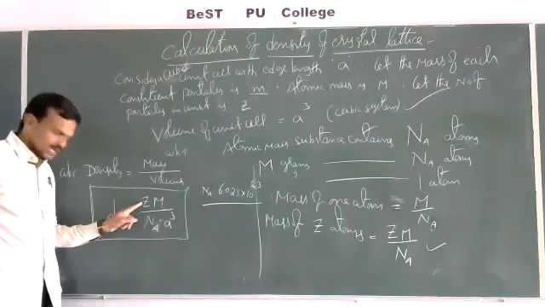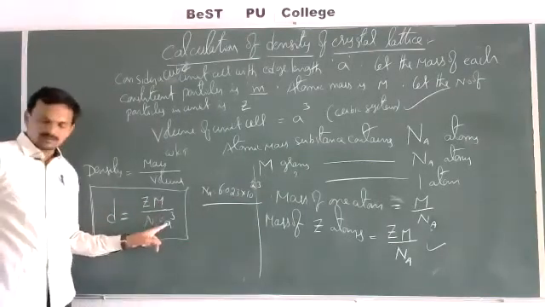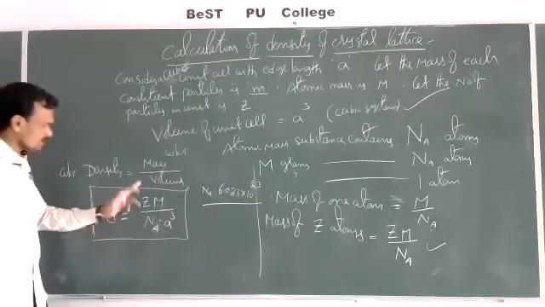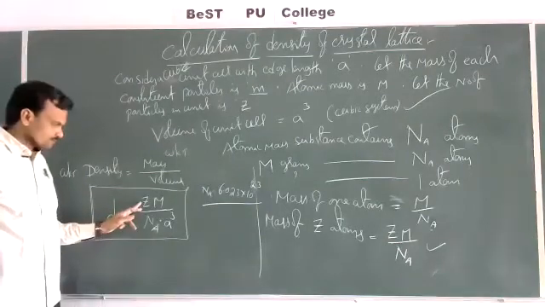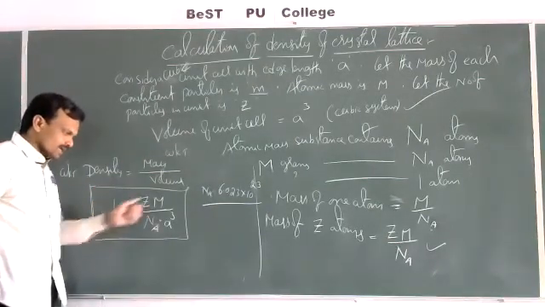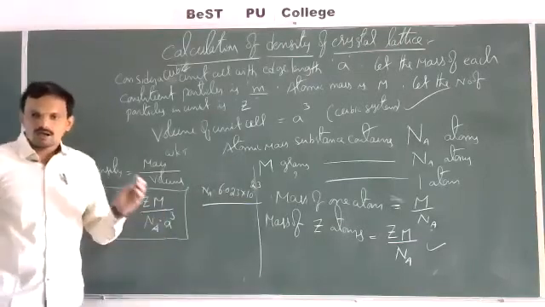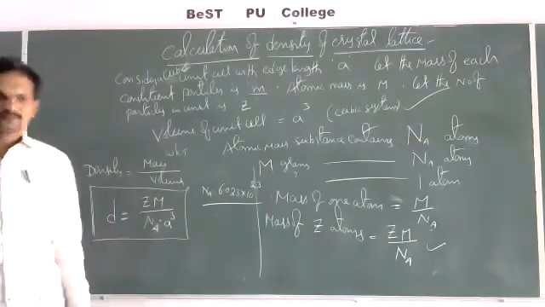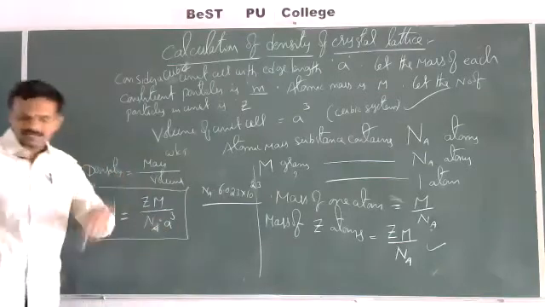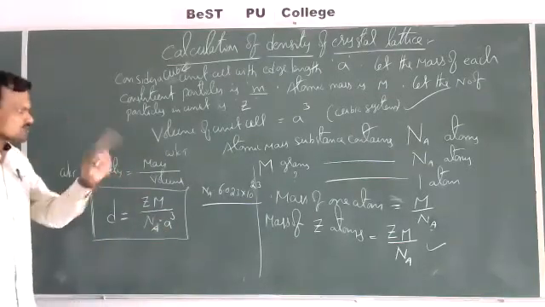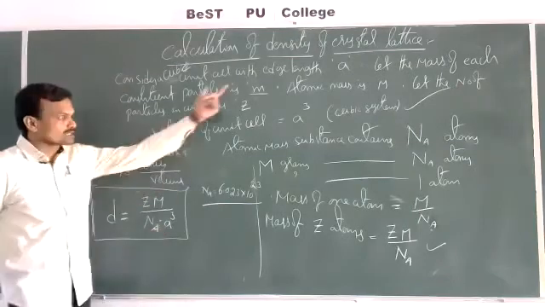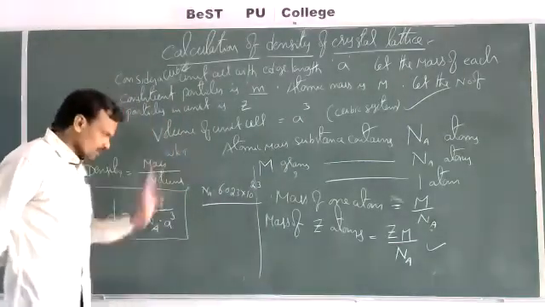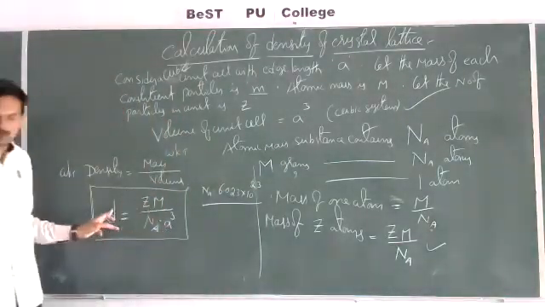Density, Z, M, edge length. If they give the lattice name, simple cube, BCC or FCC, we come to know the Z value, 1, 2 or 4. Other than that, there are density, atomic mass and edge length. Out of these three, they give any two values and we have to calculate the third. Sometimes instead of giving edge length, they give the radius. So first from the radius, we should calculate the edge length. We discussed the relations between radius and edge length. Now from the edge length, we will calculate either atomic mass or density, whichever is required.